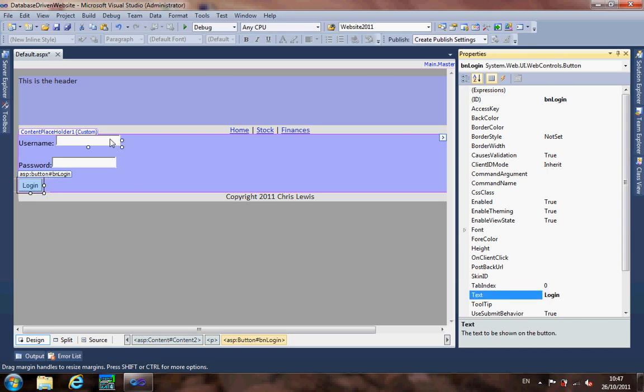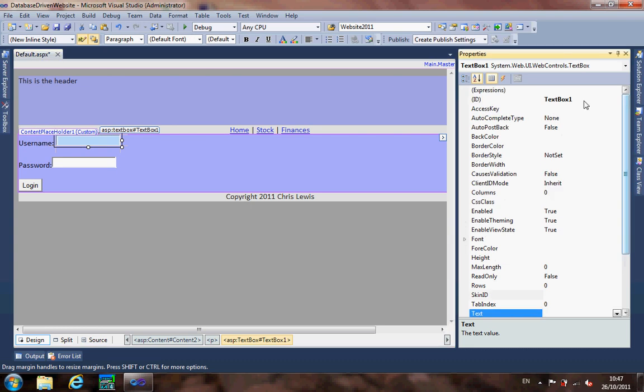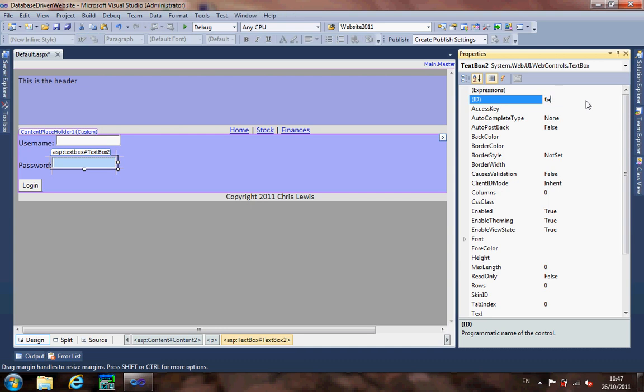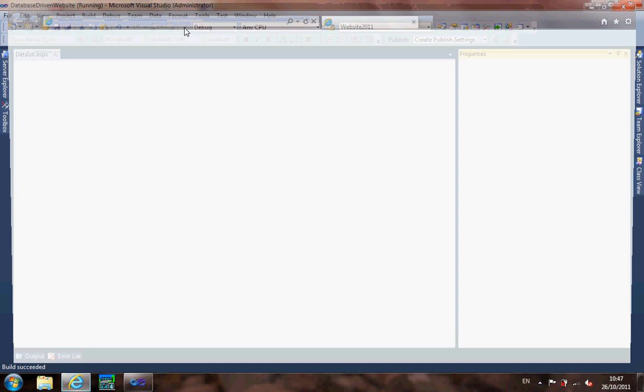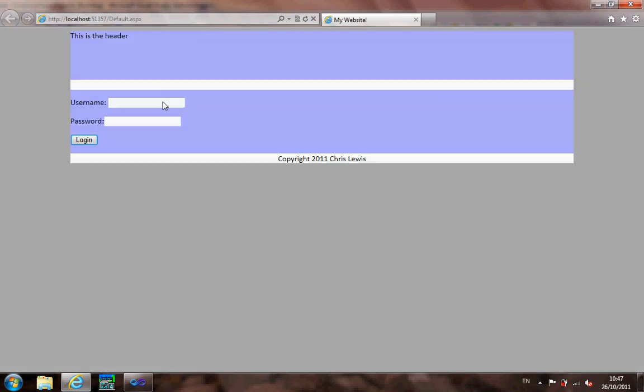Now if I run this website now before I actually do any coding, the one thing you will notice on the password box is that it is in clear view. That means that you can see exactly what you type. So I type in Chris and my password. Oh dear, someone's looking over my shoulder, they can see my password. Now personally and technically I don't mind the fact that password boxes are clear like this, but obviously it's not the usual thing to have done, so what we're going to do is tell the computer not to show the